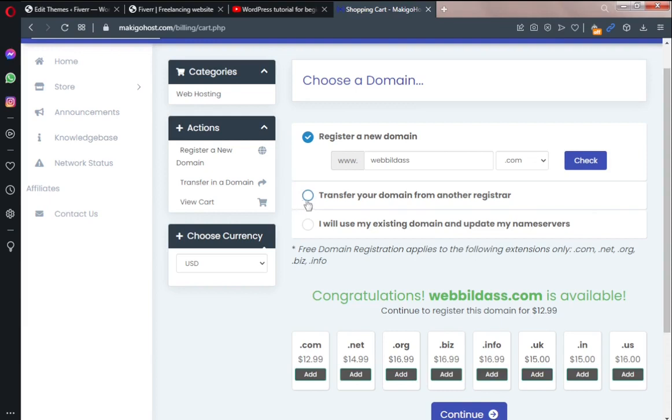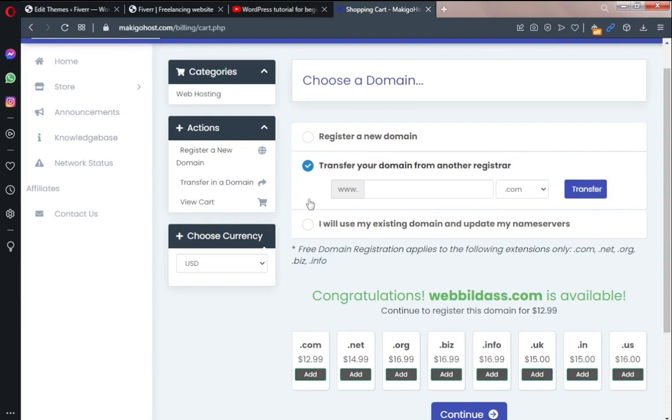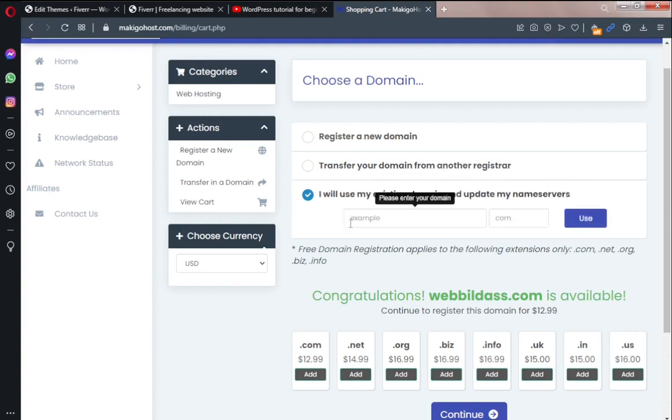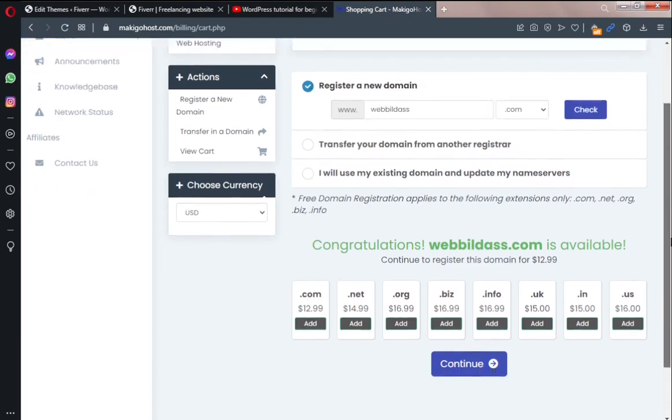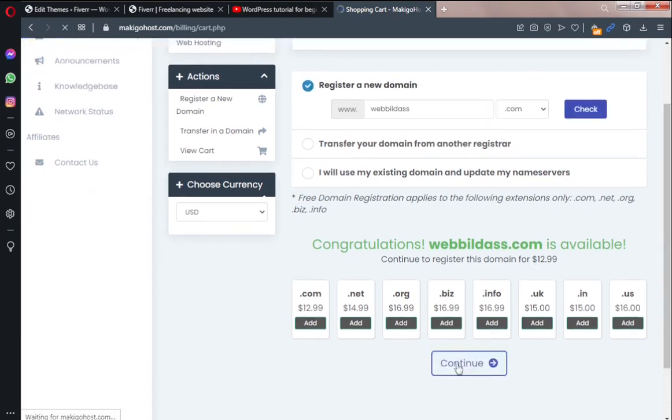Okay, so you can click on transfer domain name and enter that domain name here and click on transfer and perform that transfer function. If you also want to maybe keep or leave the domain name hosted maybe on Namecheap, you can leave it over there and then only update the name service. Okay, but here we're registering a new name, so we click on continue,